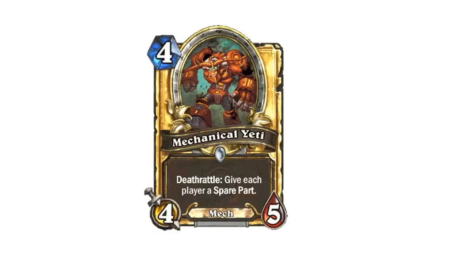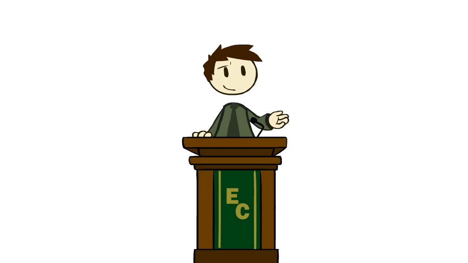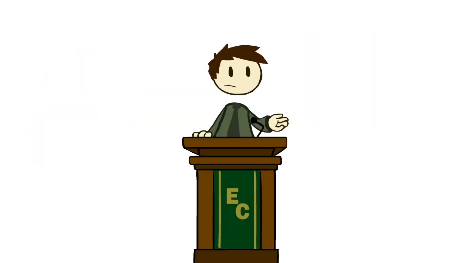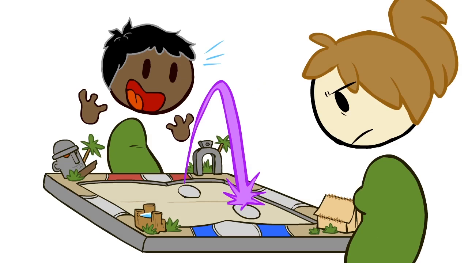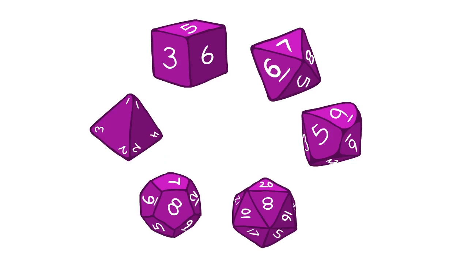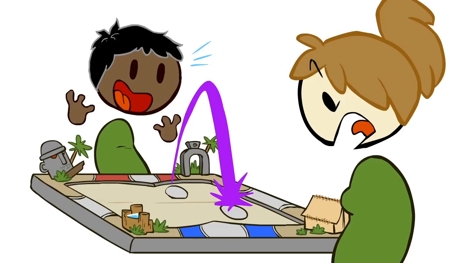Mechanical Yeti, on the other hand, has none of these problems, and while it doesn't create the same ridiculous moments where a Hunter Pyroblasts a Mage or something, really, those moments are almost always as unfun for one player as they are fun for the other guy. And that's the key. When dealing with randomness, you're not just looking to create big moments. You're looking to create moments that are engaging for both players, even if they end up getting the short end